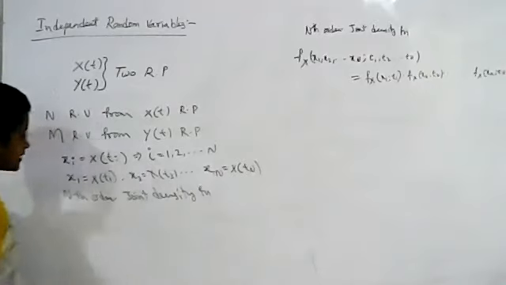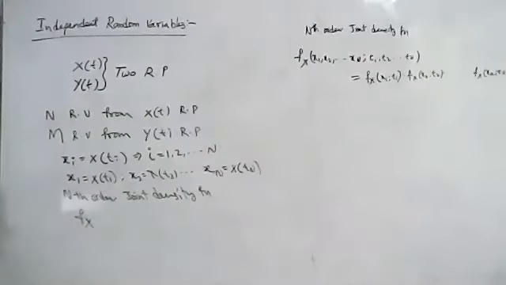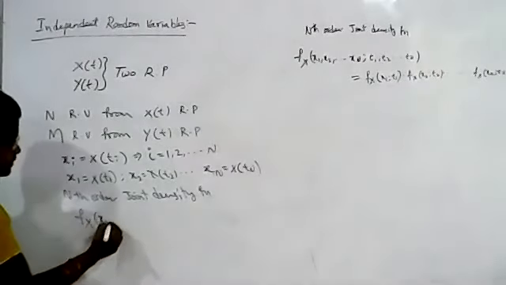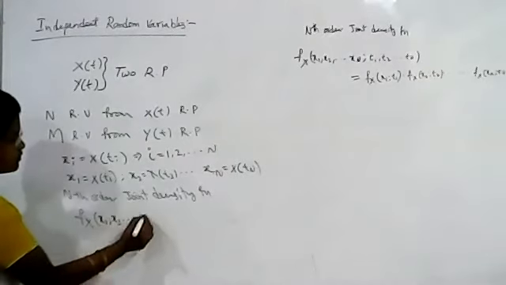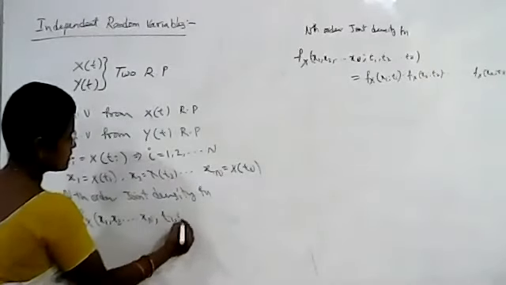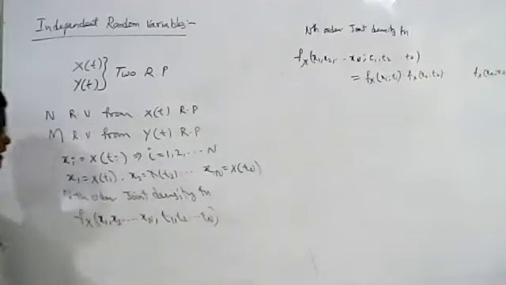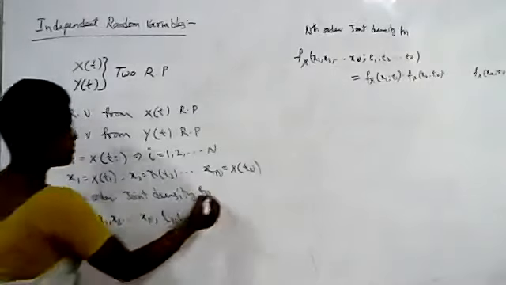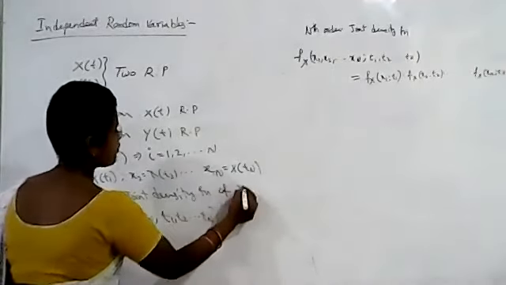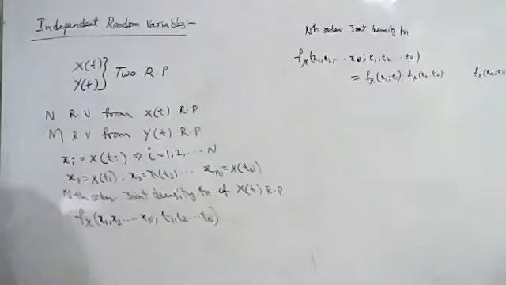What is the joint density function given as? Here we are getting this from the single random variable X: f_X(x1, x2, ..., xn; t1, t2, ..., tn), obtained from time instances t1, t2, and so on up to tn. This is the nth order joint density function of the random process X(t).